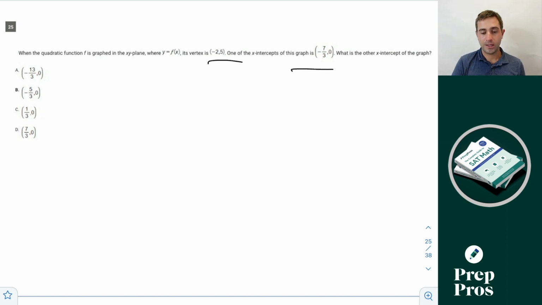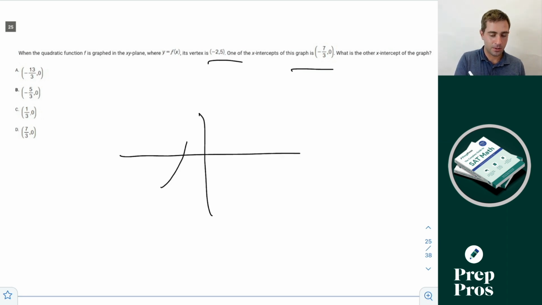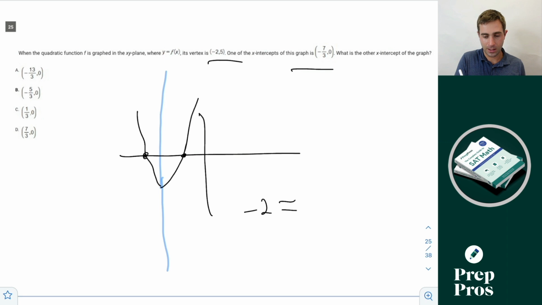So for this one here, what you just want to understand in terms of your parabolas is your x-intercepts. If you take the average of the two of them, it gives you the x value of your vertex because parabolas are symmetrical from their x value of their vertex. So you can solve this by simply using your midpoint formula. Say that negative 2 is the midpoint of negative 7/3